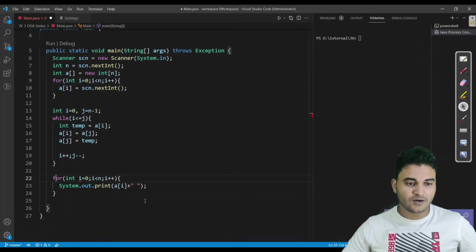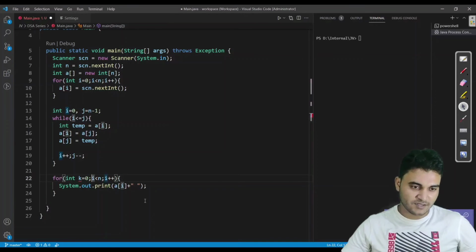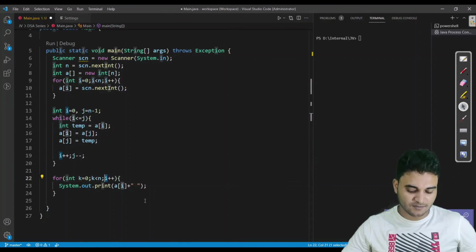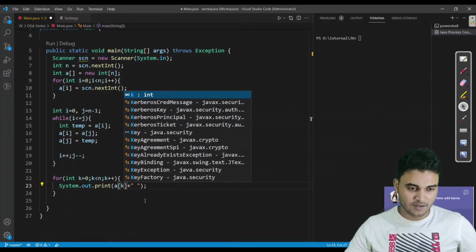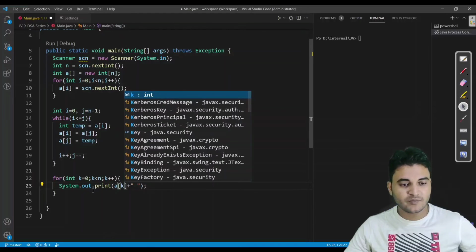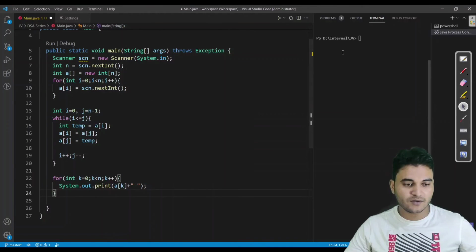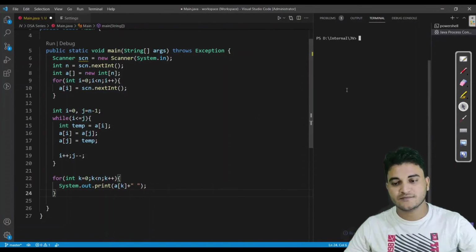I cannot write i directly here because we have already defined that variable. So let us name it as k, and we are done with the implementation of this particular problem, which is reversing the array. Fine.